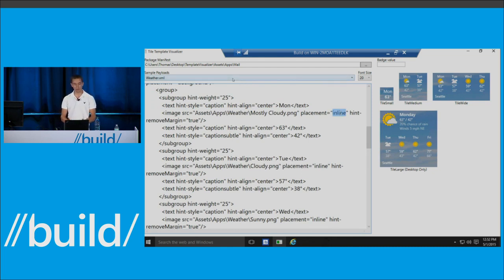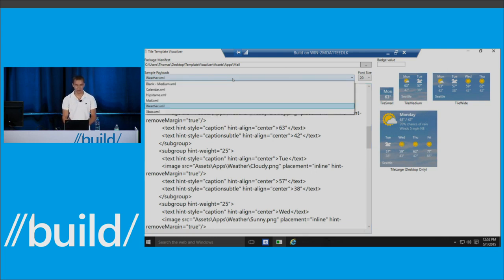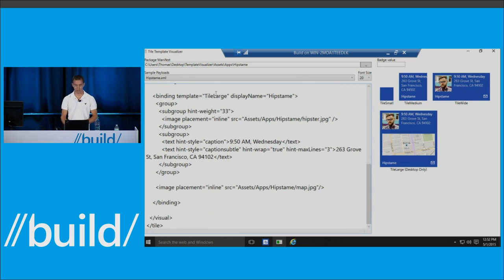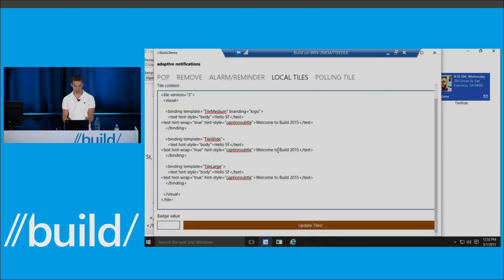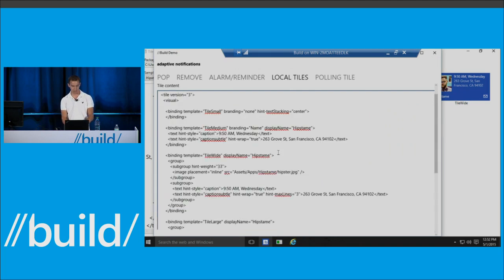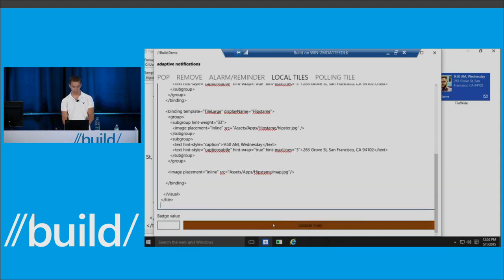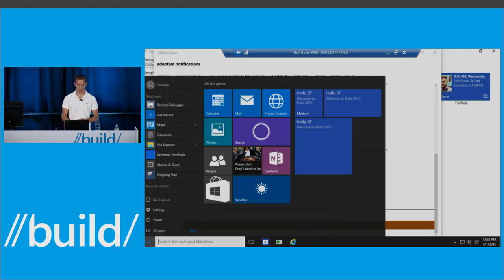And so going on the theme of hipsters, we wanted to create a hipster app called Hipstamy that'll tell you where the newest hipster showed up. So we designed this live tile, and this guy's been spotted down on Groove Street. It shows a little map on the large tile since we got a lot of space there. And we have this tile designed here, and we can do the same thing, copy it over into our Windows 10 app here, and update our live tile, and you'll see that content appear on our start screen here.